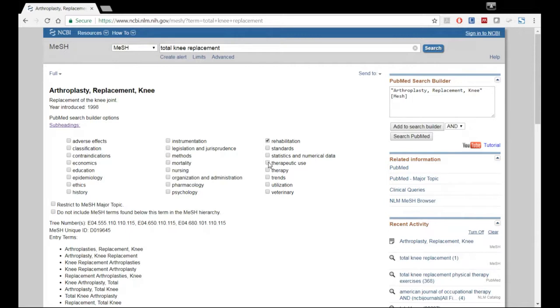We can do therapeutic use, but I would skip that one for therapy actually, because therapeutic use, you know, it could just not be a good term for this. So we can add these two terms to Search Builder. So we're adding them as subheadings. We'll click Add to Search Builder and give it a second, and you can see what it's done is